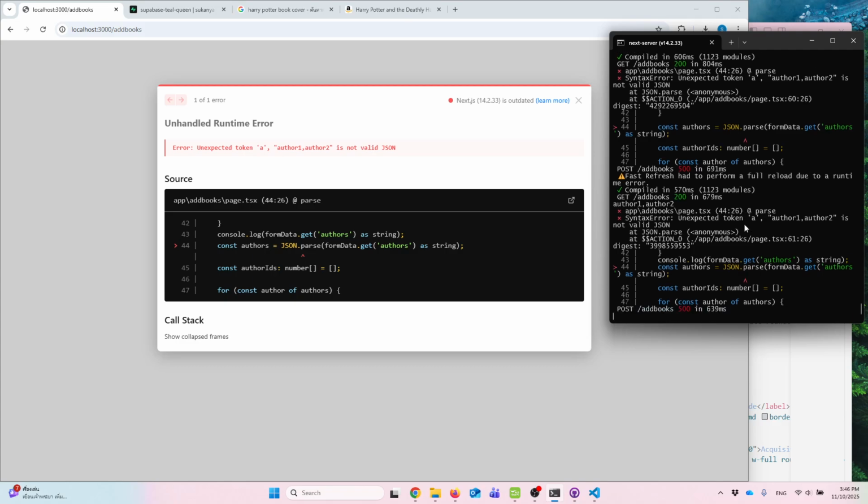Stream. So actually I need to check this. This one, JSON.parse, and it said unexpected token A. So what I'm looking for is where the A is coming from. The parse just gets the A for some reason. What I'm going to do here is